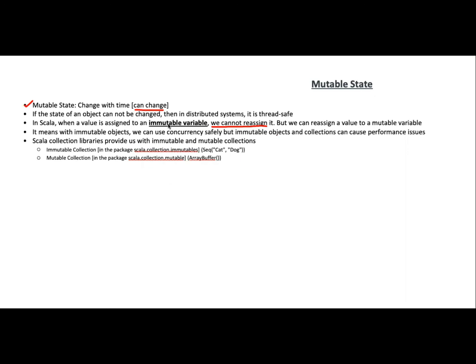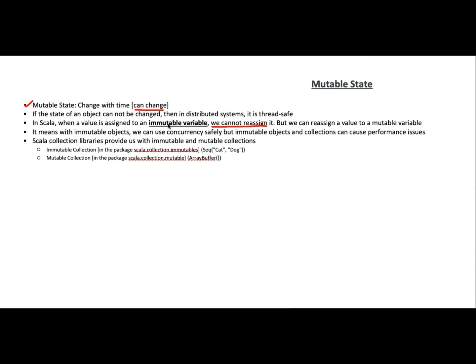But what is the use of immutable or mutable variables? First, you need to understand that in Scala, by default, variables are all immutable. Immutable means once you assign some value, it is intact and will not be changed. Throughout the program, you have to create new variables and new objects to store the new state of a class. But for the same object, same variable, the value would be intact.